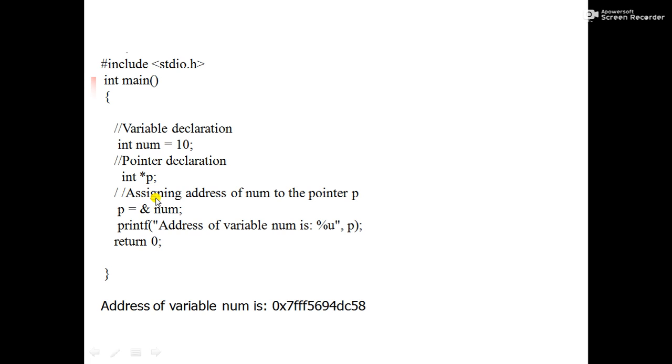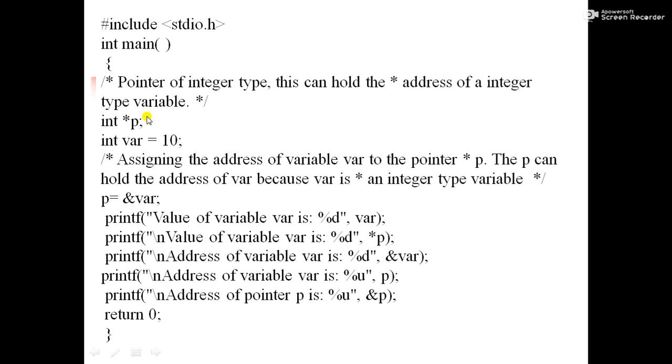Now coming to our next example, a more complex example we are going to take here. In the previous examples, we saw a simple variable and then a pointer variable. By using the simple variable, we printed the address. By using the pointer variable, we printed the address. Now here we will see